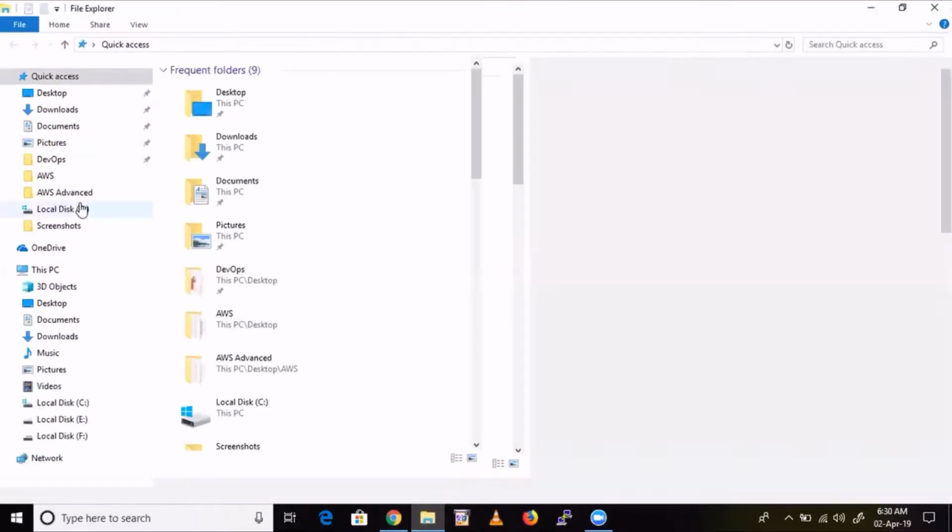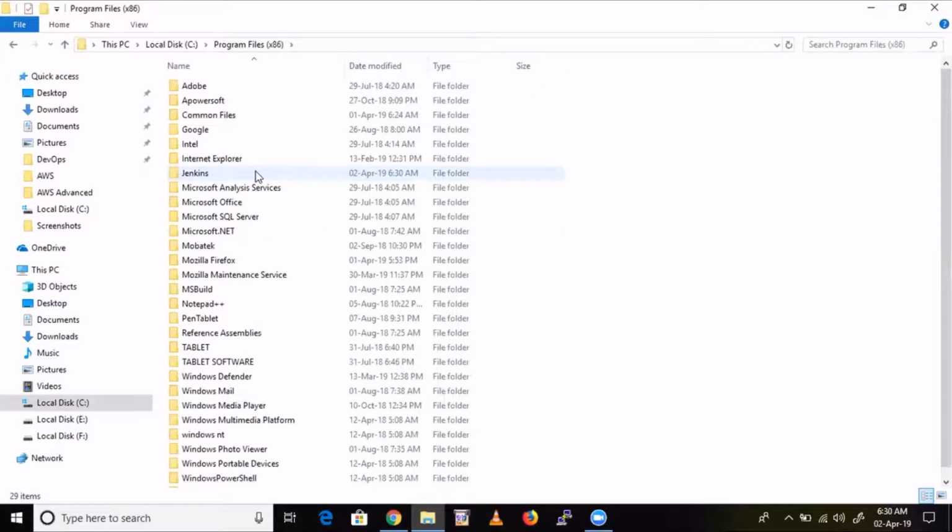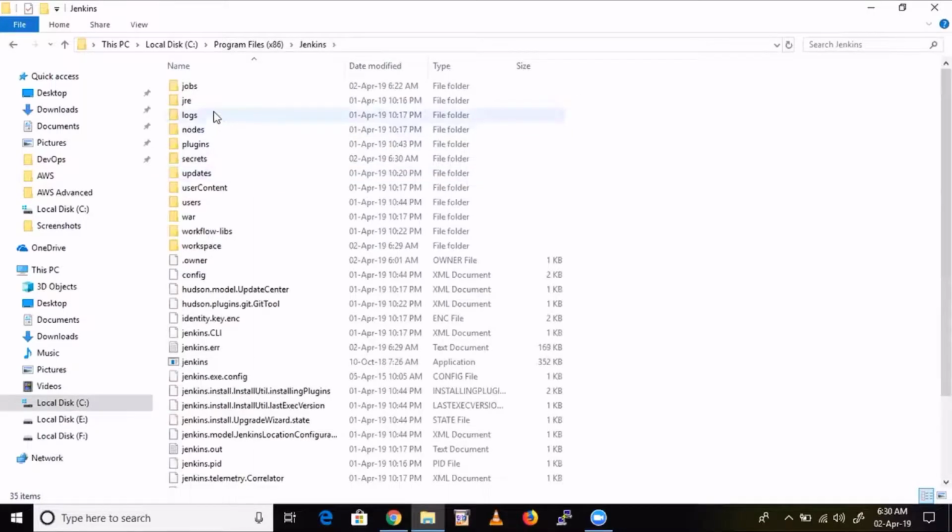See here, somewhere in C drive, Program Files x86, Jenkins. Here you can see jobs. Whatever you do on the home page, each and every thing will be stored inside this. The web page is like a window through which we are accessing the data from here.